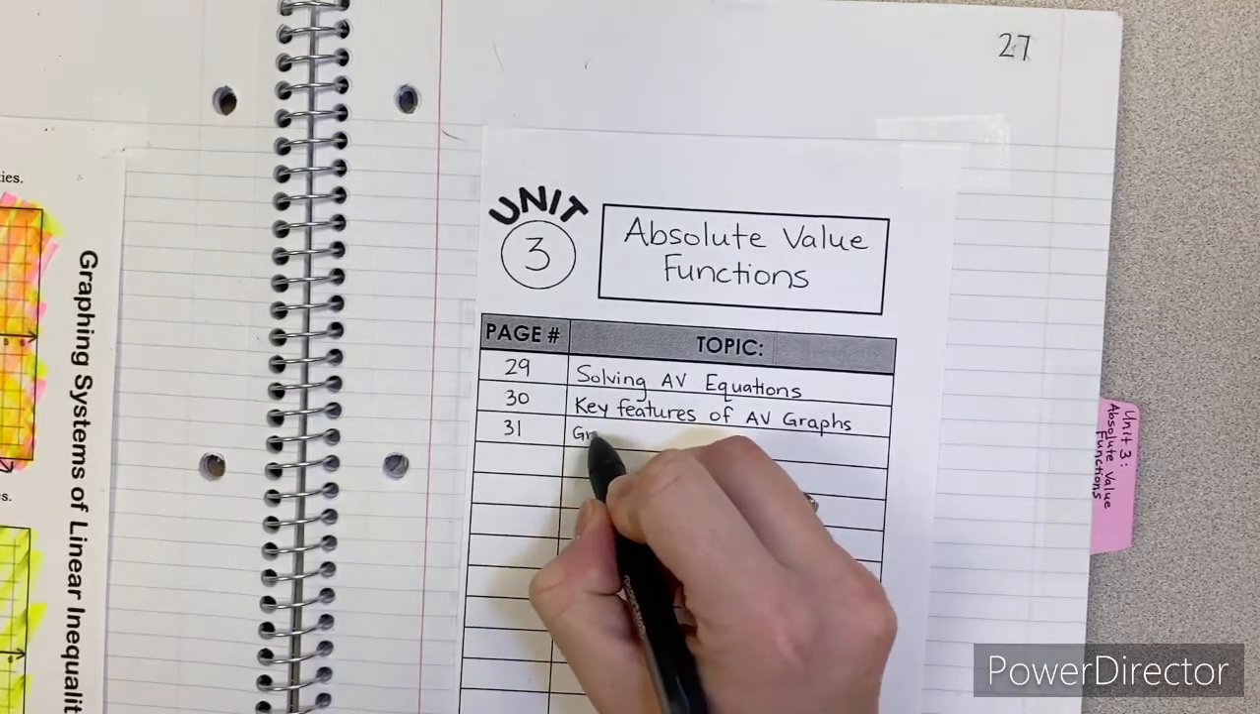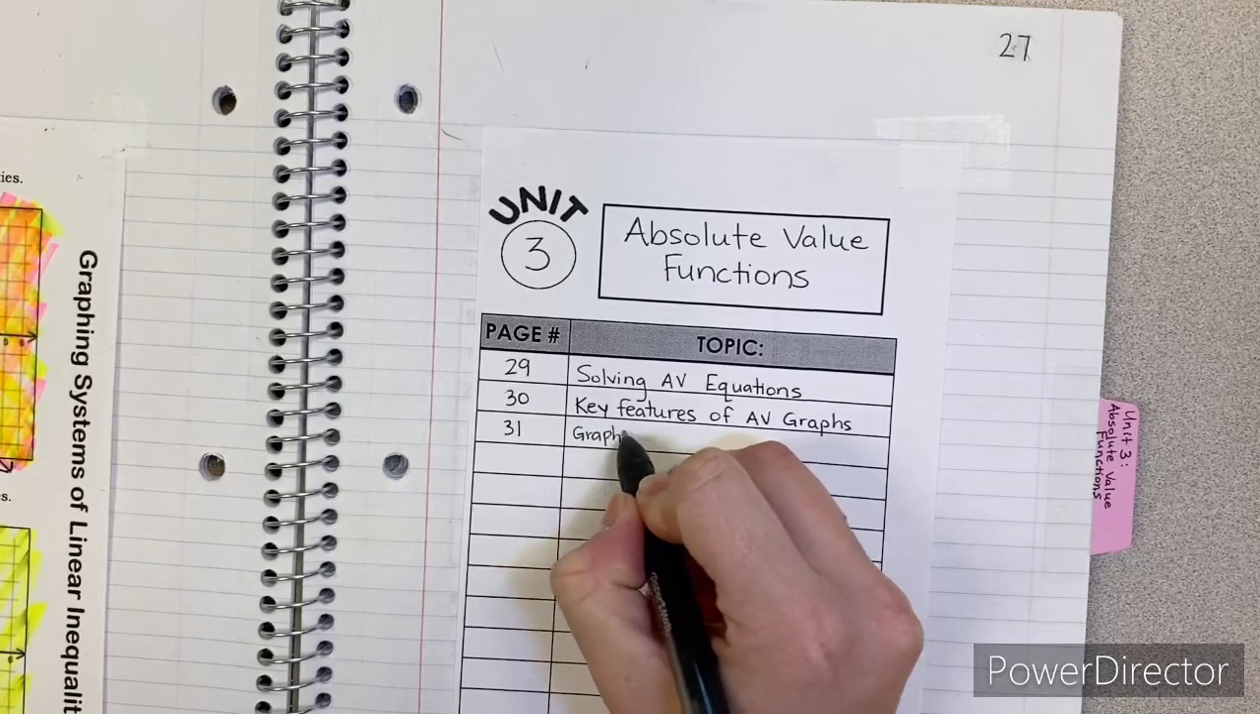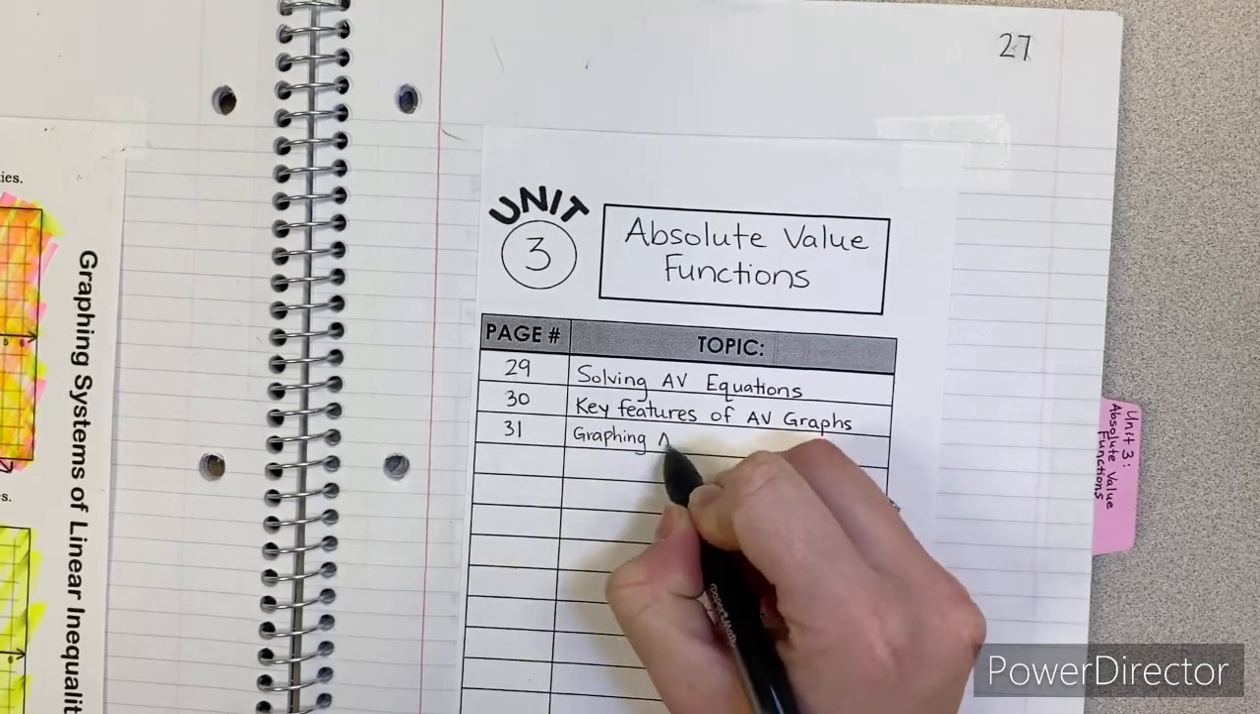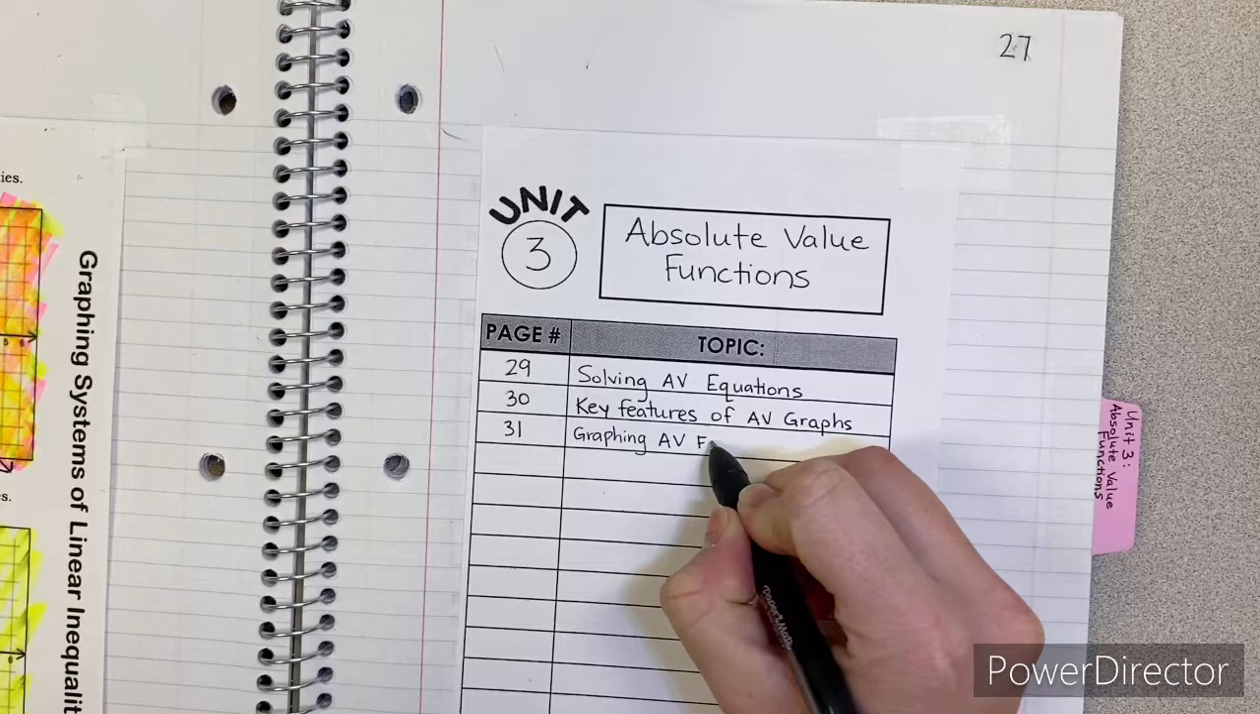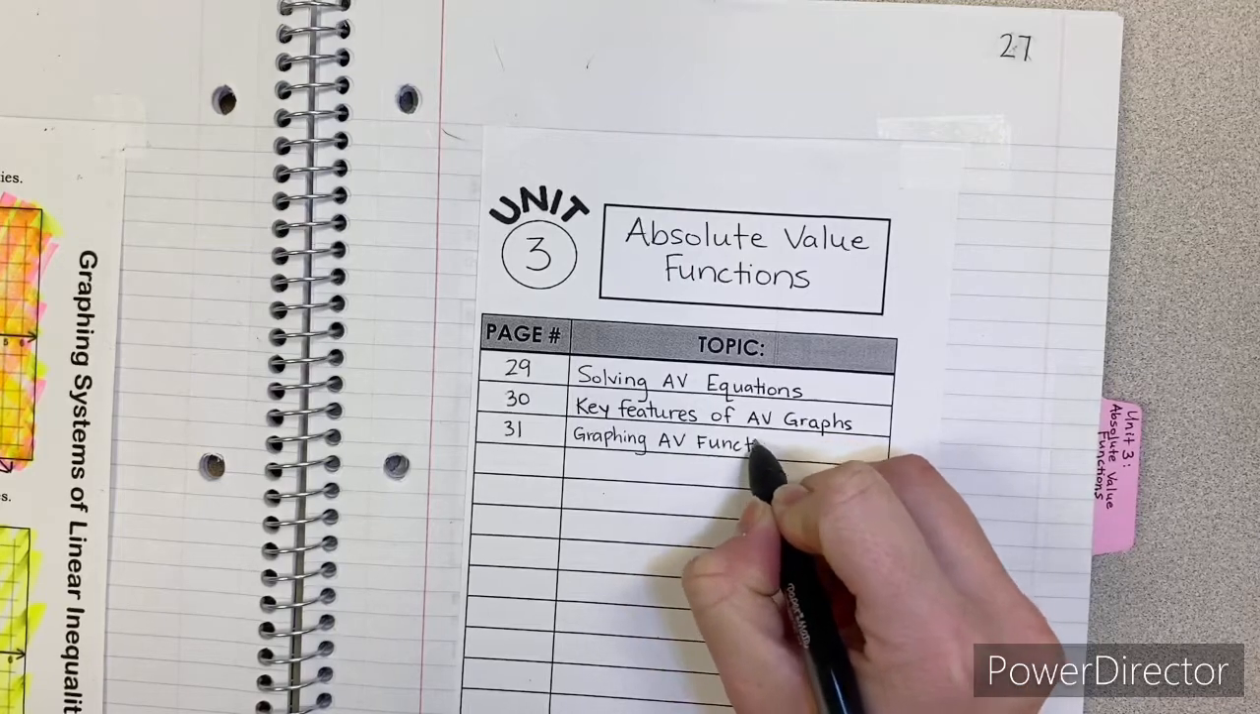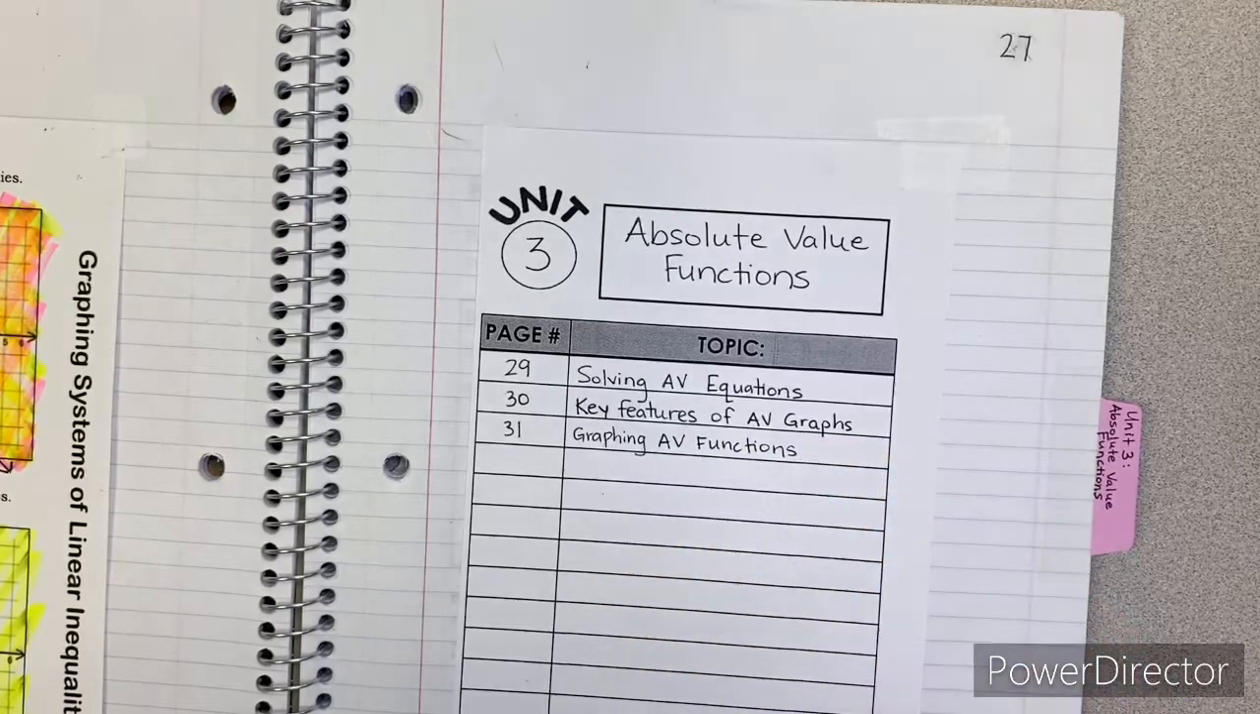So, graphing absolute value functions. Graphing absolute value functions. And as always, once you get done writing that down, you were given the notes